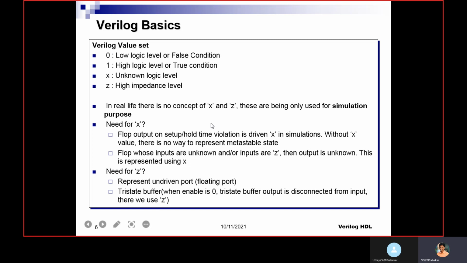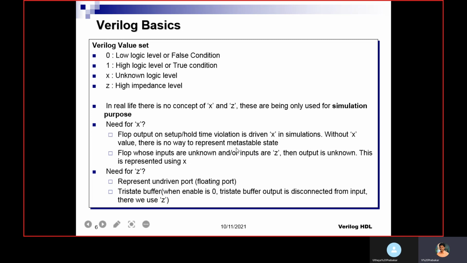Setup time means the input value should be constant just before the passage of the clock. If it is not constant during the clock change, it will create a metastable condition at the output side. In a metastable condition, the output will continuously vary between zeros and ones.